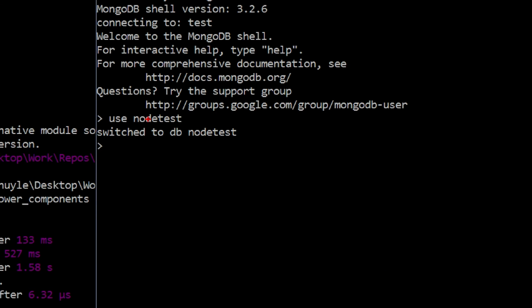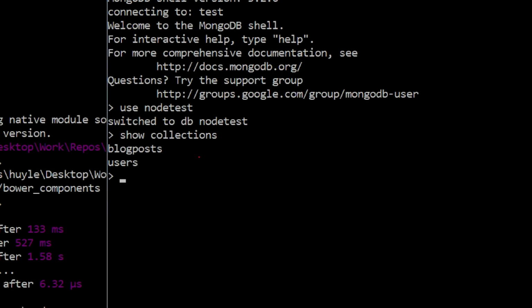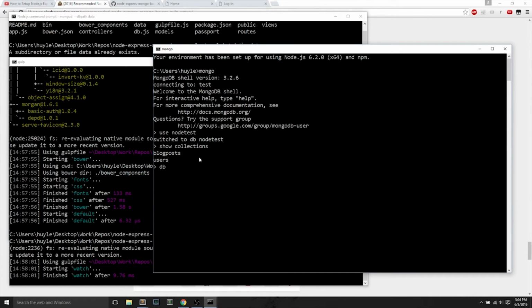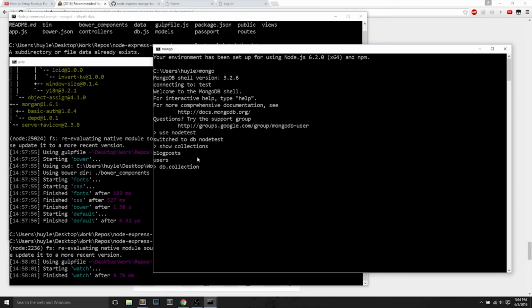After you use the name of the database, which is node test, we can see all the collections. Collections are basically all the models, users and blog posts. So we have 2 models. And now some basic commands for the Mongo console. You can look it up on the Mongo documentation. But basically, we type in db, and then we type in the name of the collection, and then we type in the command that we want to do. For instance, do